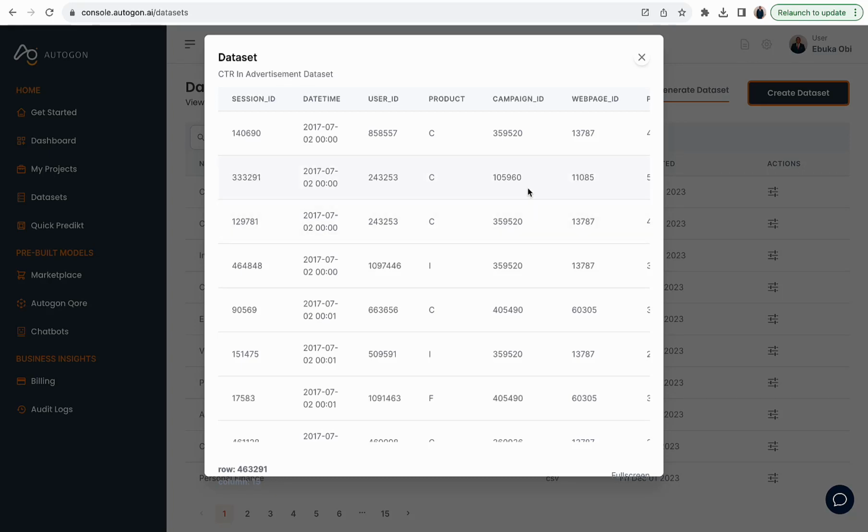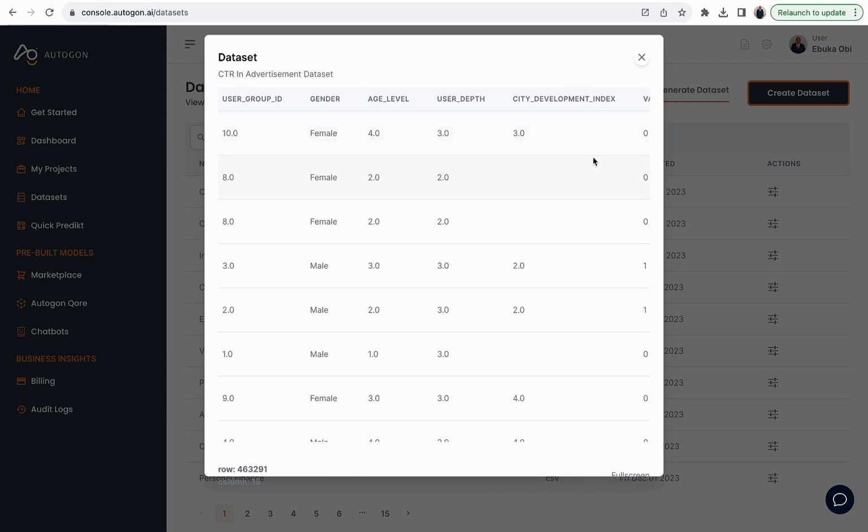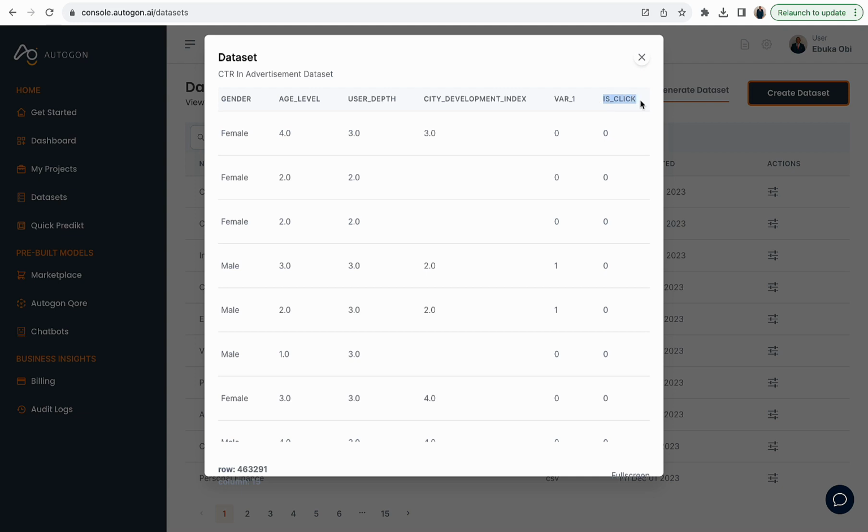So we're going to be solving a problem in the advertisement space. Now, this is the data of a company. The company wants to know the click-through rate value. Click-through rate, that is CTR, is used to identify whether spending their money on digital advertisement is worth it